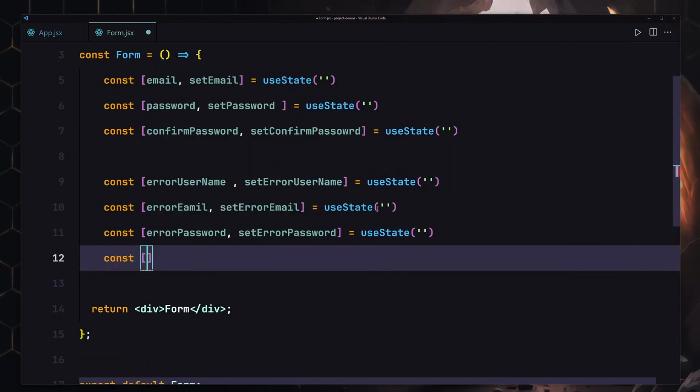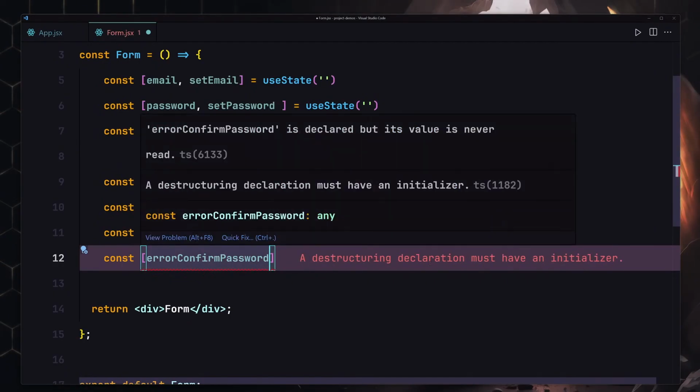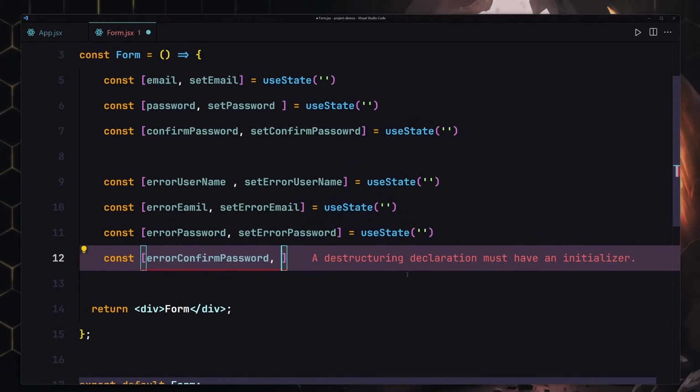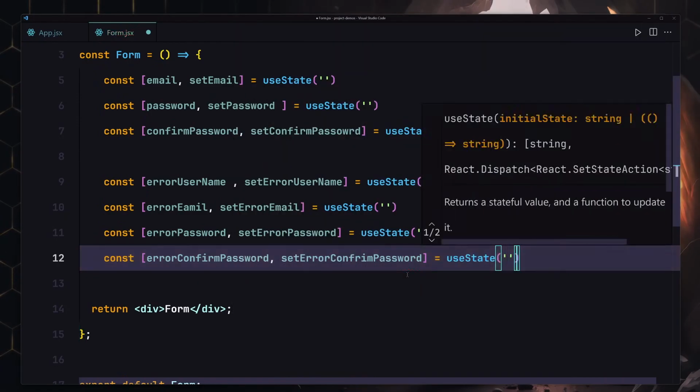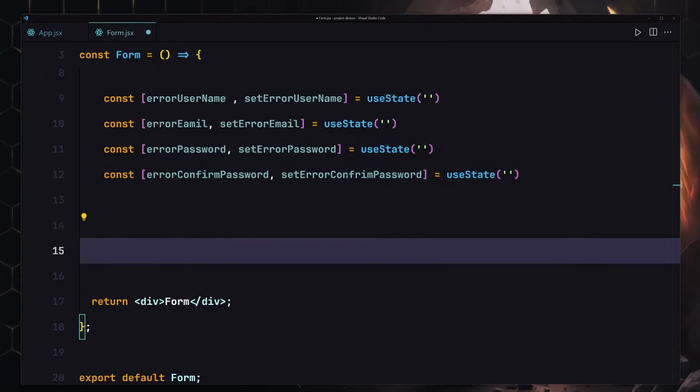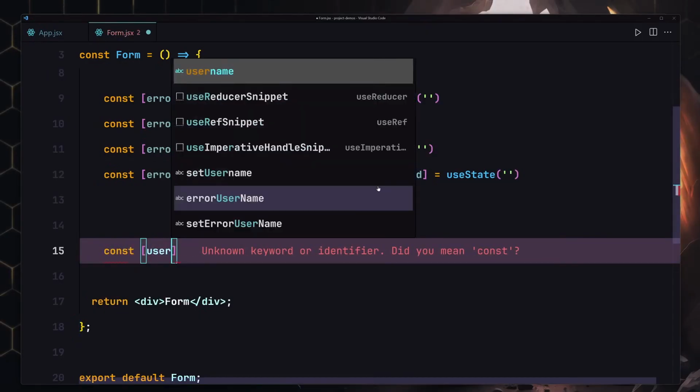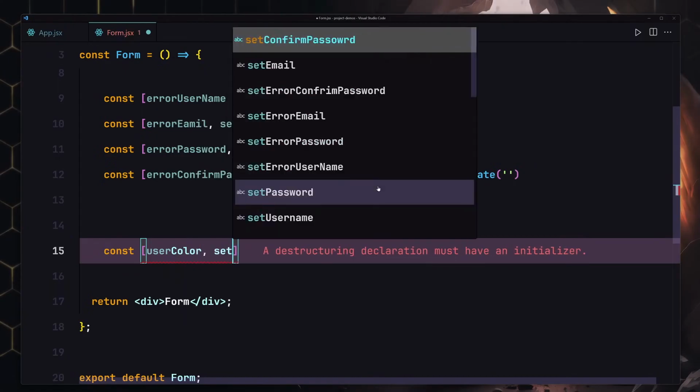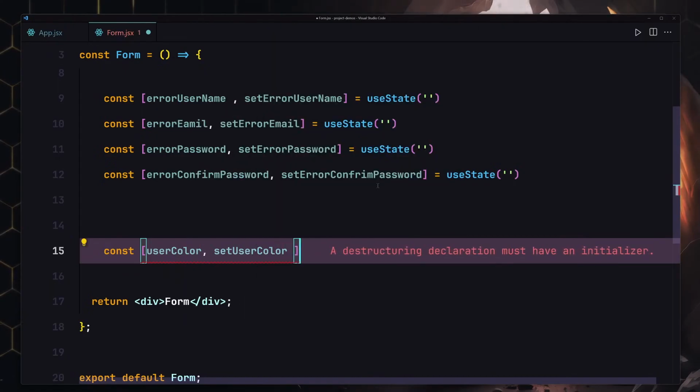Let's just create one more for the error confirm password. Yep, that's correct. We also have to use setErrorConfirmPassword right here, and it's going to be equals to the useState, and the initial value will be an empty string. Okay, now underneath all of them, we're also going to be creating the colors. So I'll just provide const userColor, and then setUserColor is going to be equals to the useState, and the initial value